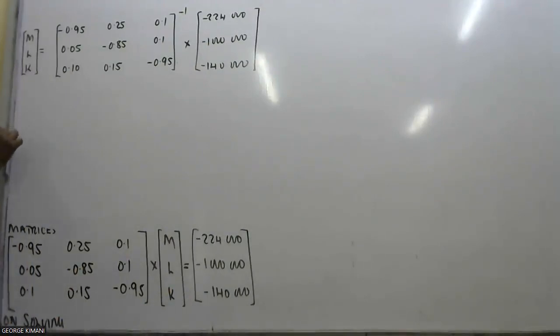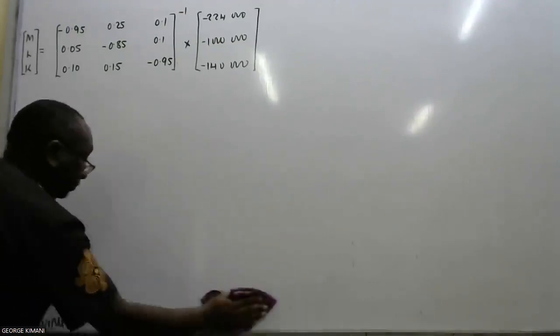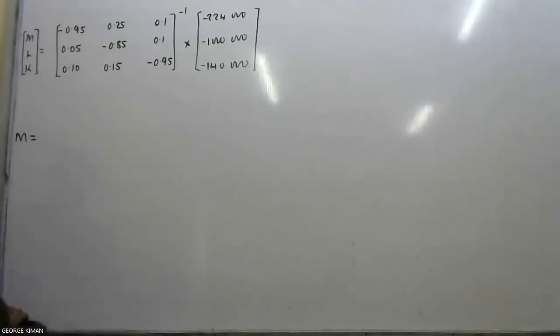So the minus matrix M, now we can write together because we have an idea of how it looks like. Minus matrix M,